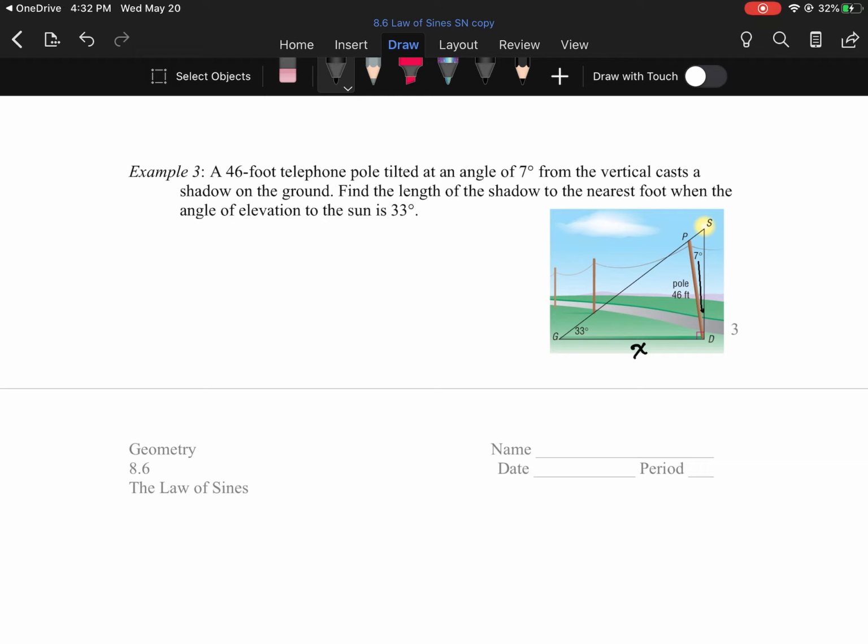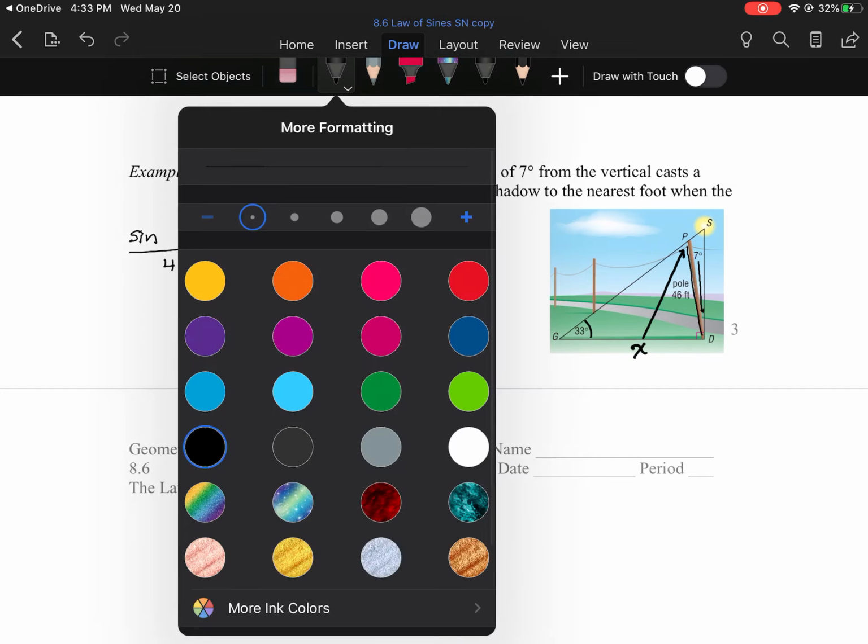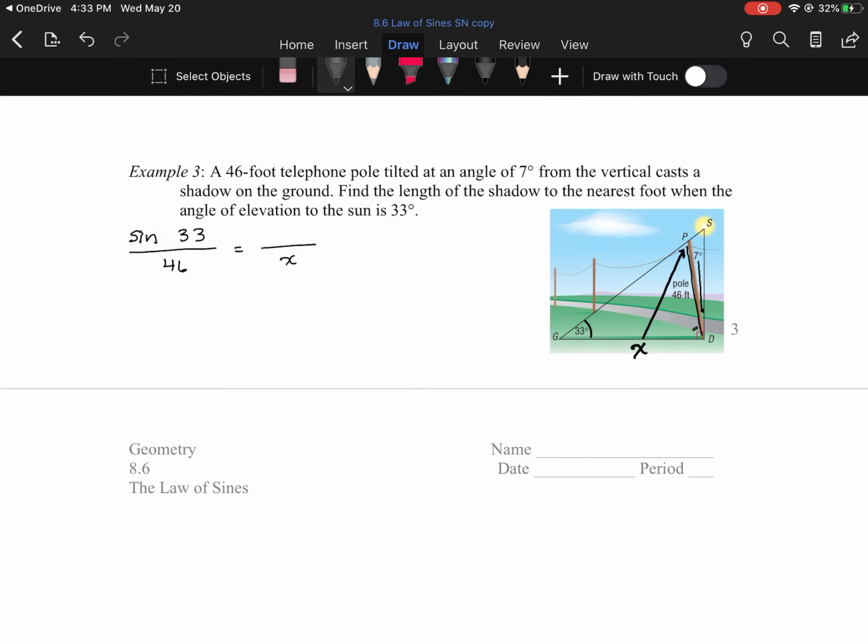Okay, so we know this angle and this side. So that's good. I can at least use that part, so I'm going to go ahead and put that in. I know it's going to be the sine of 33 over 46. And I know x is going to be down on the bottom, but I need the angle opposite that. Oh, so that's that angle up there. So we have to do a little bit of work before we can find that angle. We first have to find this angle here. Because if I can find that angle, then I know 2 of the 3 angles, I can find the third